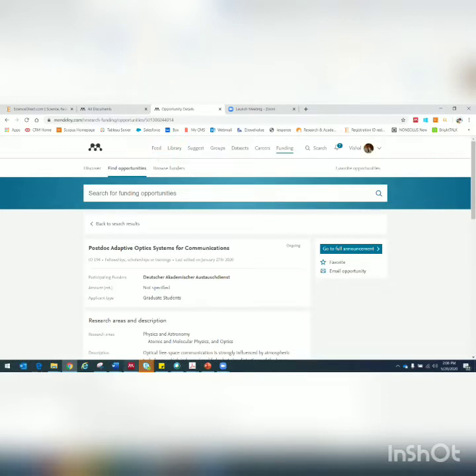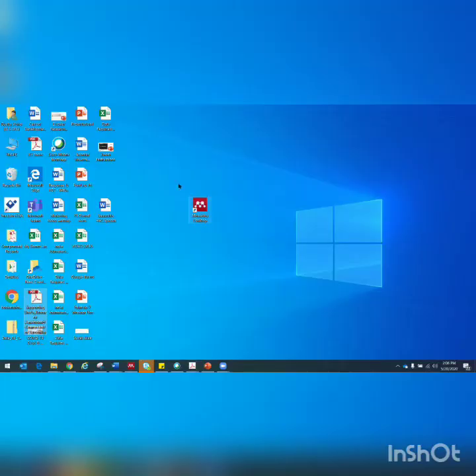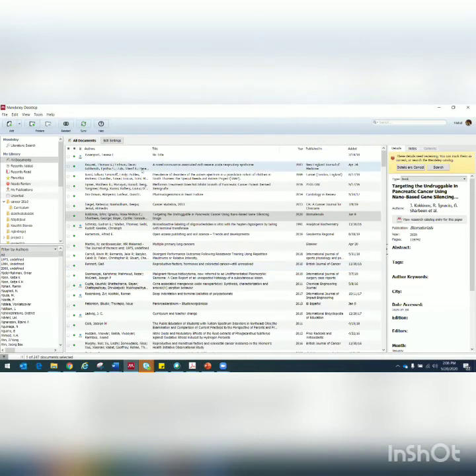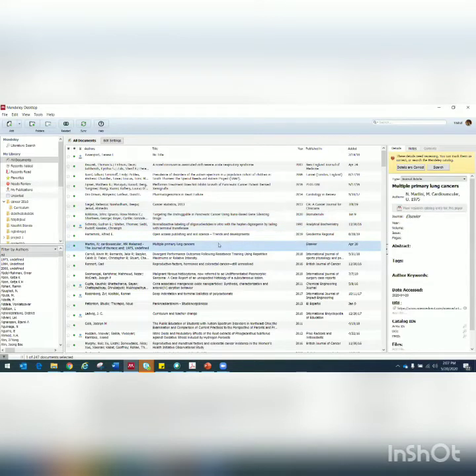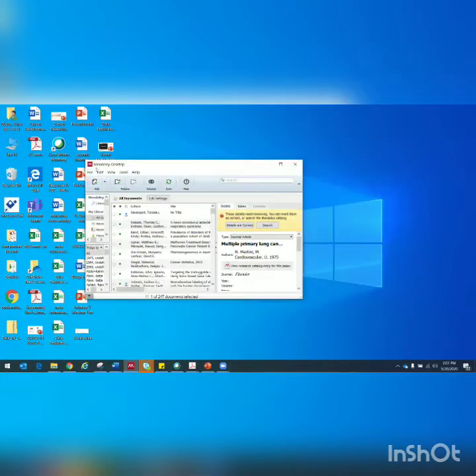Now let us go to the Mendeley software and see how it looks. So the software looks like this, right? And when you open the Mendeley software, first time it will open like this, right? And if you are using Mendeley for the first time, this particular section will be blank because you haven't saved any document. If you wish to save any document, you need to drag and drop. So what you can do is you can basically drag a PDF item from your screen and drop it here.